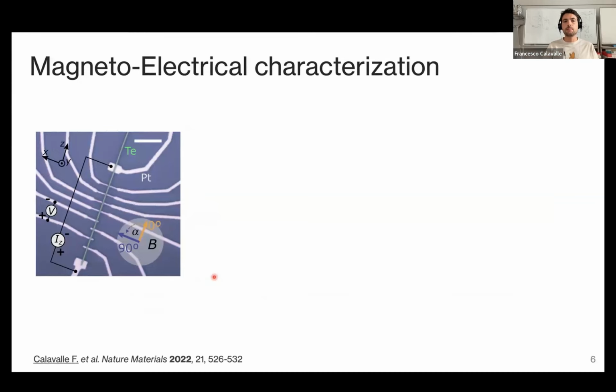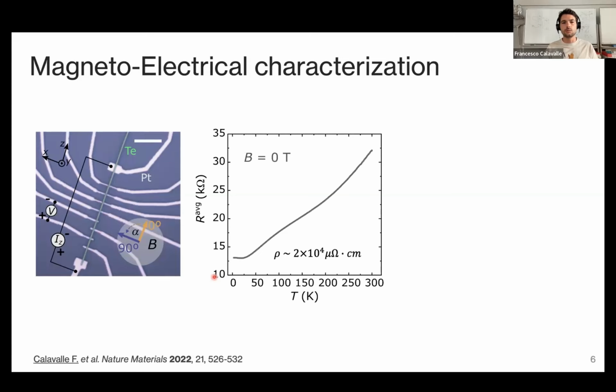In these samples, we could perform magnetotransport experiments with which to evaluate the magnetoelectrical properties. So first, we took a measurement that I would call current independent, meaning that we were averaging the contributions of resistance obtained with positive and negative current. We can see a resistance versus temperature behavior which is monotonically decreasing with temperature, meaning that even if we have a semiconductor, here we are in a degenerate condition.